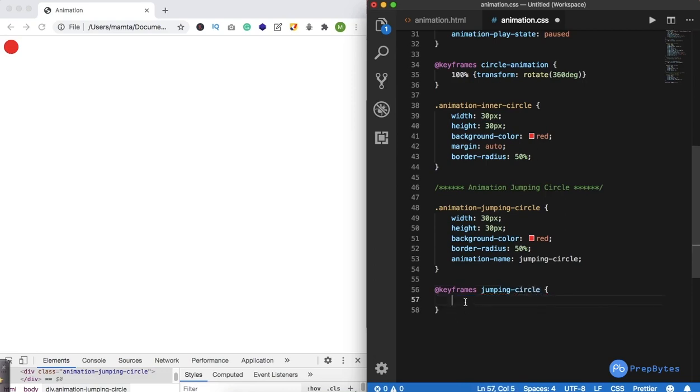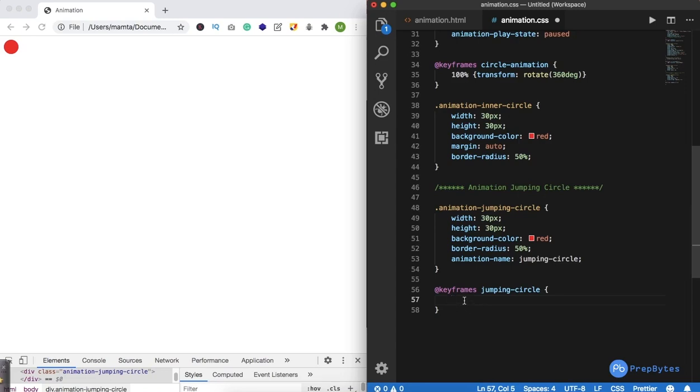Okay, now how are we going to achieve the jumping circle? What is my plan? The plan is that I'll go from here to at least somewhere till here, then I go back here, then I come back here. These are the kind of things I want to attain, because this is what happens when a drop happens, right? There's a bounce and things like that. So I have to achieve that bounce effect.